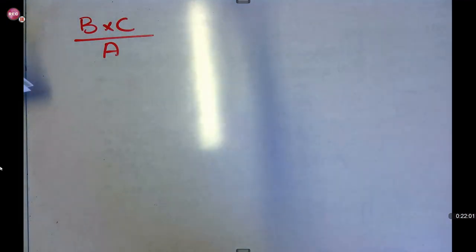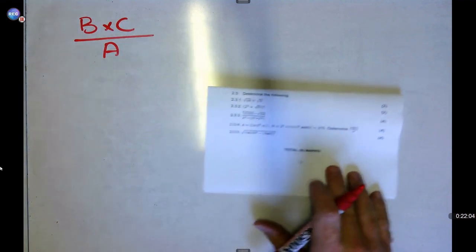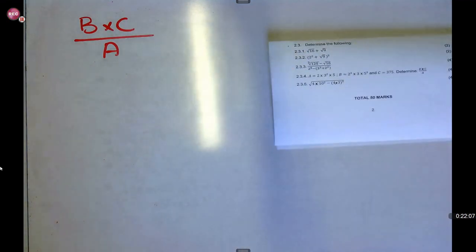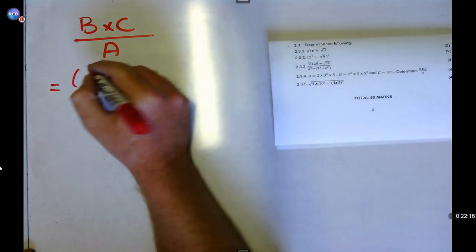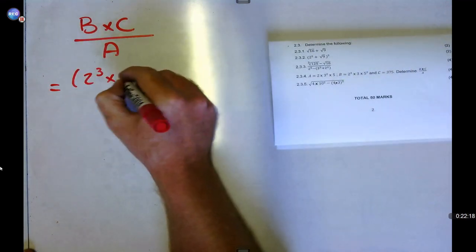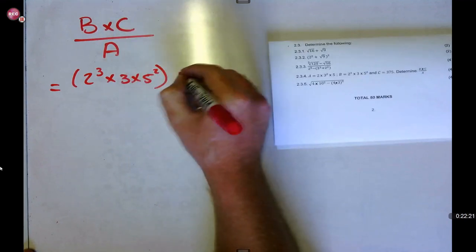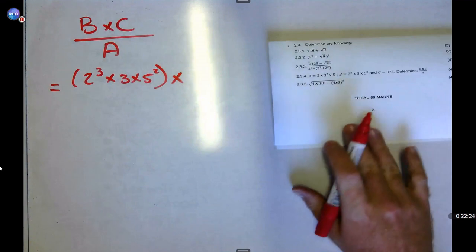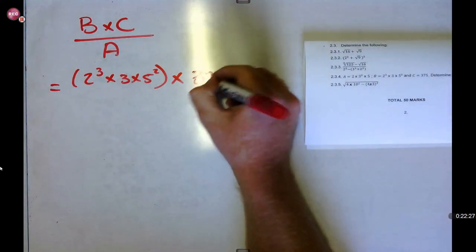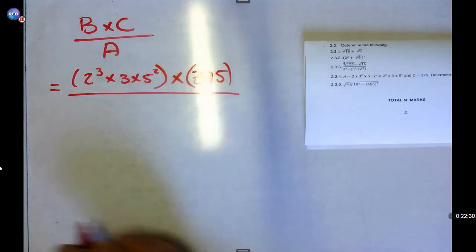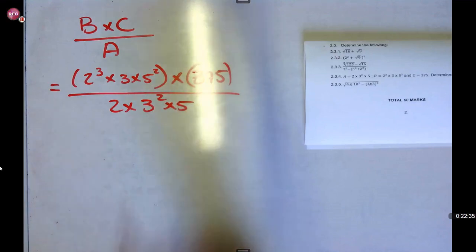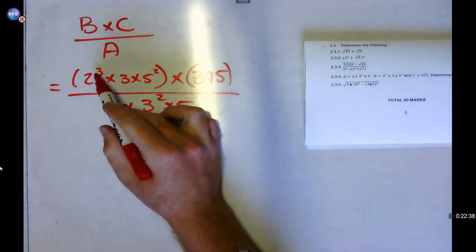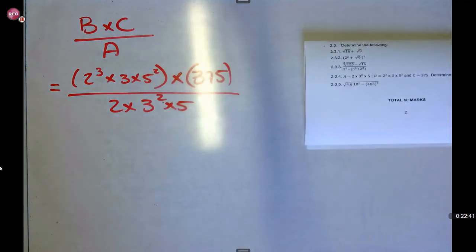My opinion here, if you've got these values over here, is to put them in brackets when you put them in. Okay, so first things first, B's values, there's B. So for B, I'm going to say 2 cubed times 3 times 5 squared, multiplication sign, that's over there. Then they tell me that C is 375 over, we put that over A, which is 2 times 3 squared times 5. My opinion over here is, get this solved first. All the exponents, get the exponents solved.